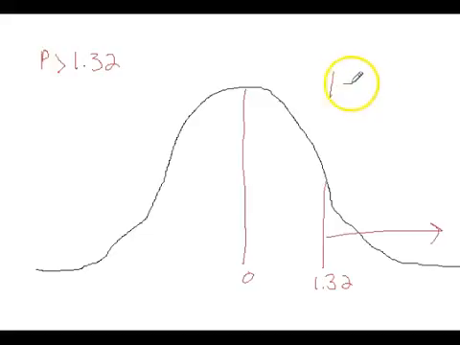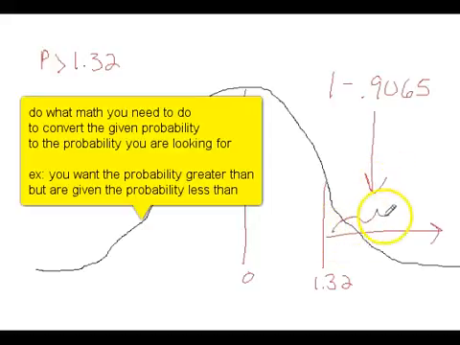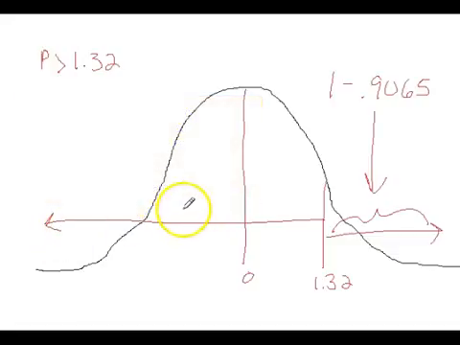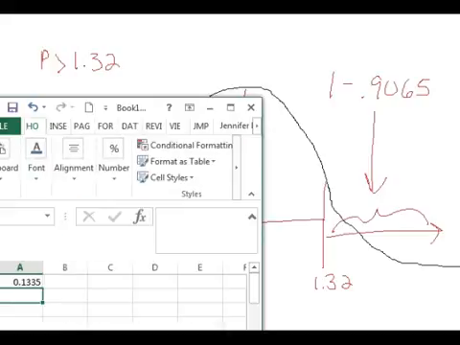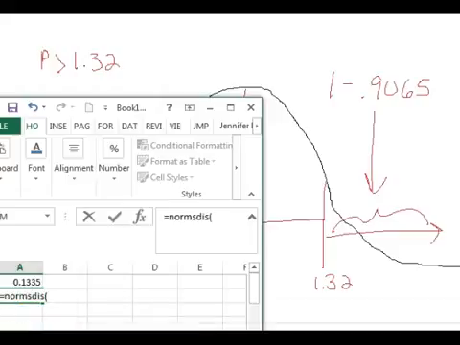So 1 minus 0.9065, and that would give us this probability here, right, that we're looking for, because we're getting from the table this, and in fact that's what Excel's going to give us as well. So let's pull up Excel and see what that says. So equals NORM.S.DIST, and the z we were looking for was 1.32. And there it is, that same number,